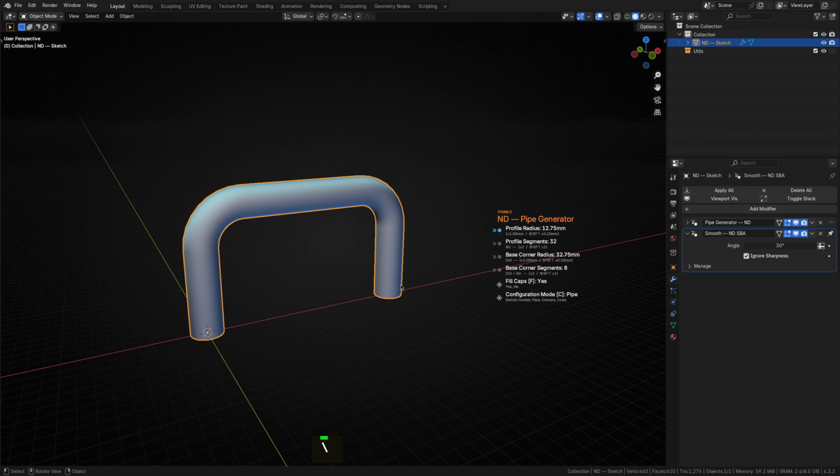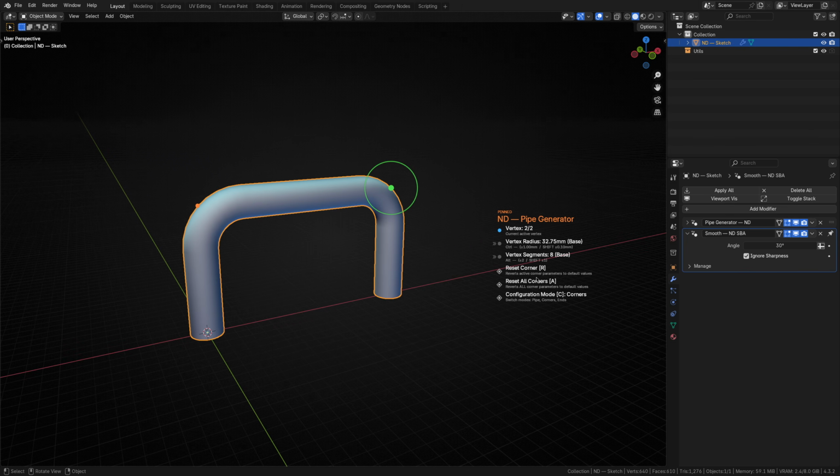Let's take a look at the second configuration mode, corners. In corner configuration mode, you can cycle through the corners of the pipe and adjust their individual settings. For instance, you might want one corner to have a smaller or larger radius than the others. You'll notice, however, that if you set either the radius or segment count to 0, it will resort back to using the base radius or segment count defined in the generic pipe settings section. The base prefix will be shown if this is the case. If you've changed any settings and don't like them or want to restart, you can hit R to reset the corner back to the base settings. Or if you've adjusted multiple corners and want to reset all of them, hit the A key.